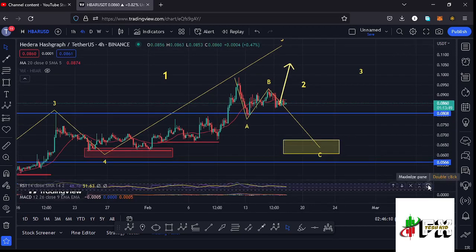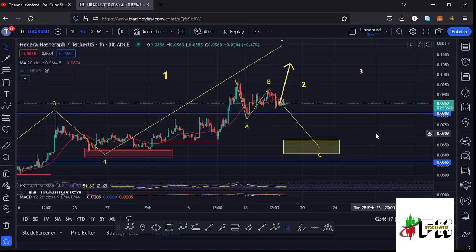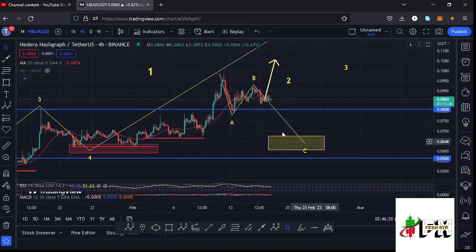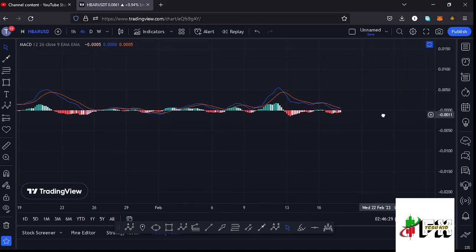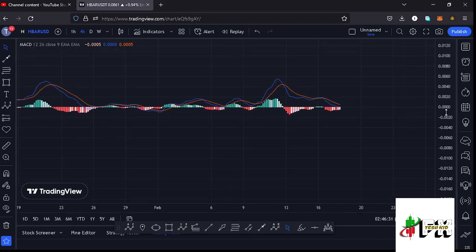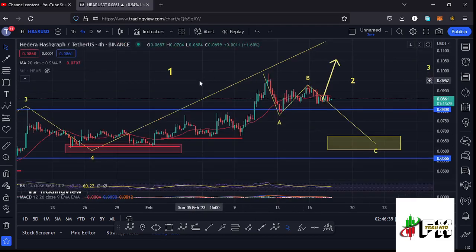And also taking a look at the indicators here on the RSI, we are trading at around the 48 mark, meaning we have massive room for us to fully support lower prices in the formation of this wave 2. Also taking a look at the MACD, we have been able to print a bearish cross, fully supporting lower prices in the formation of that wave 2. So let's be patient and see how that plays out, and I'll be keeping you updated.